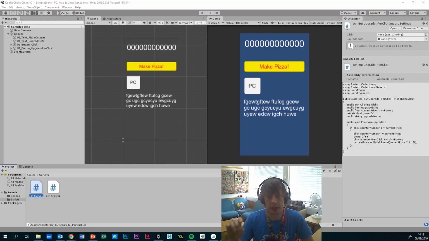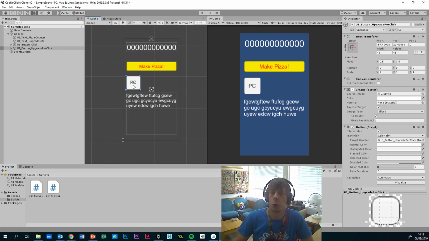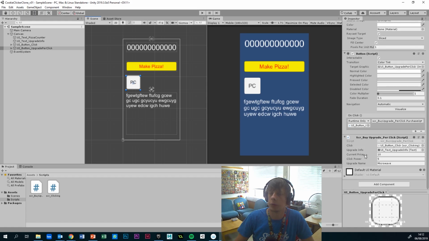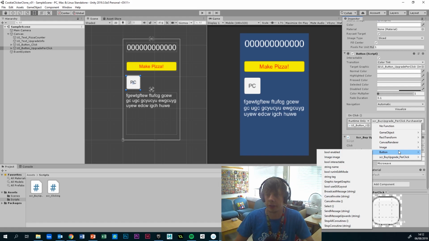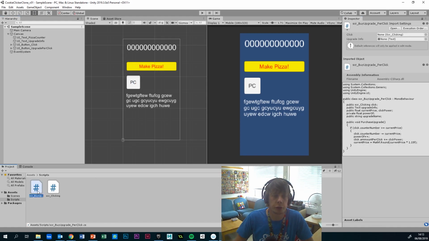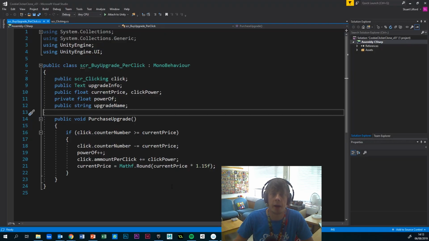Okay, in this session we're going to make it so that our upgrade information updates when we hover over the button. If it looks like my little window down here is moving, it's because with certain options, I want to make sure you can see which item I'm clicking on, so that's why I've moved slightly to the left. First things first, we want to open the script for our buy upgrade or purchase upgrade, script buy upgrade,